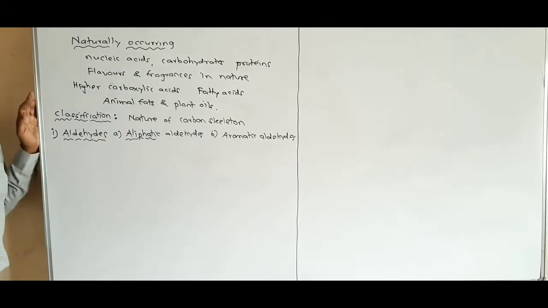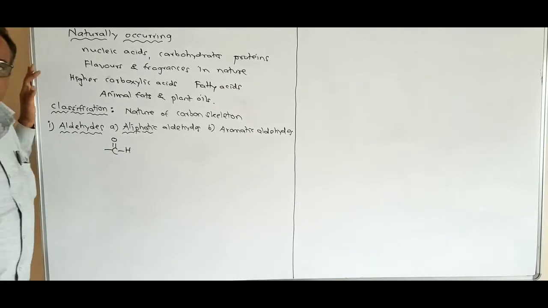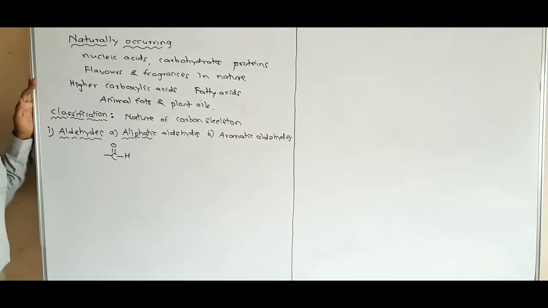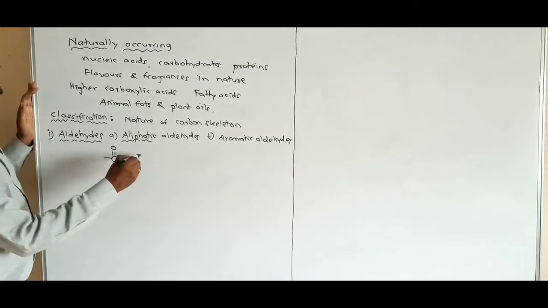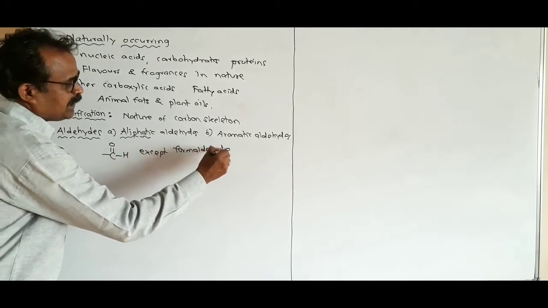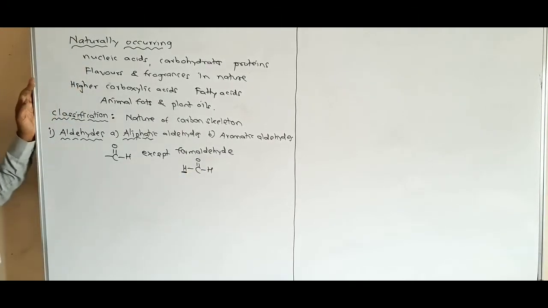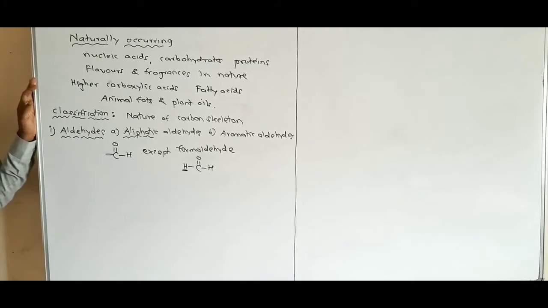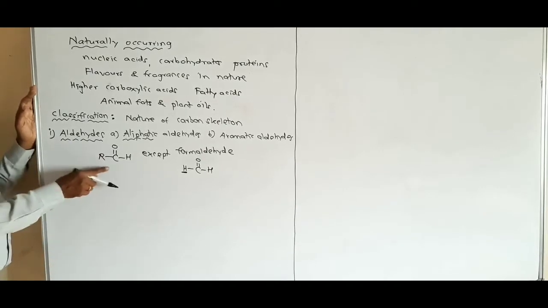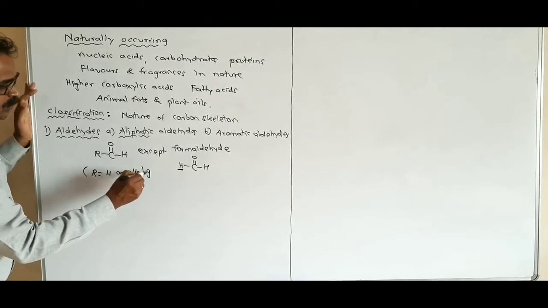The compounds in which the carbonyl group is attached to an sp3 hybridized or saturated carbon atom, we call aliphatic aldehydes. Except formaldehyde, where the aldehyde group is attached to a hydrogen atom, which is also considered an aliphatic aldehyde. These aliphatic aldehydes are represented by the general formula RCHO, where R may be H or an alkyl group.